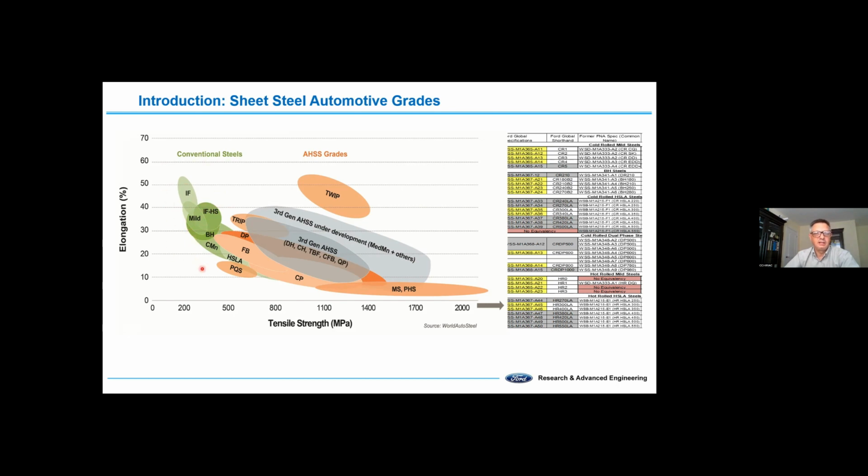The mild steel, the BH bake hardening grades, the carbon manganese grades, and the HSLA, or high strength low alloy grades, the strength goes all the way up to or overlaps with the advanced high strength steel. So the advanced high strength steels